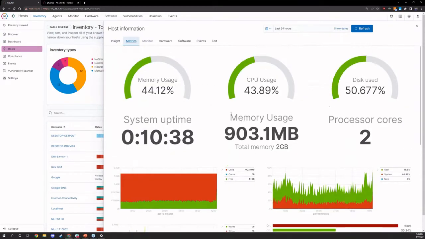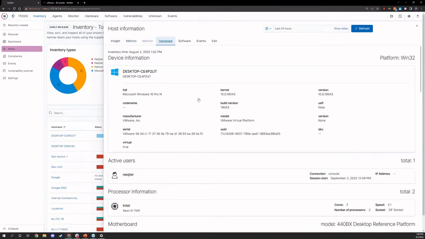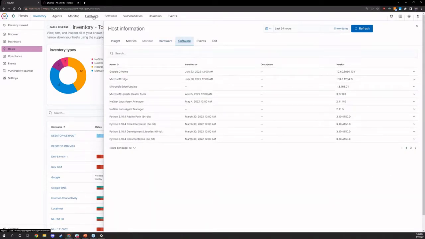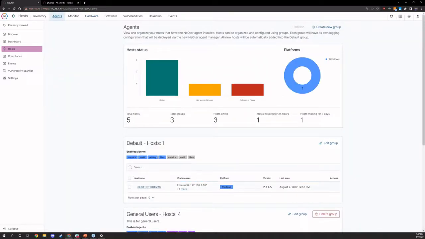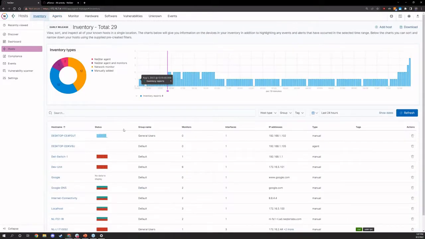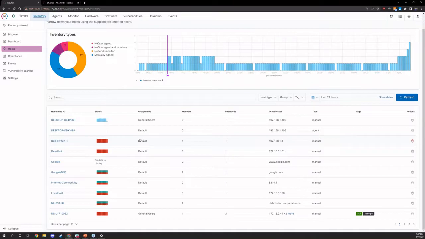We can also see, of course, metrics information like we were able to see before, hardware and software information for this particular host, and then of course at the top here we have the hardware and software for every host that has been added into this area. So hardware and software is just going to be for any hosts that have agents installed, the NeQter Agent Manager installed. But if we go to the inventory area, if there's something that doesn't have an agent, say it's a switch or